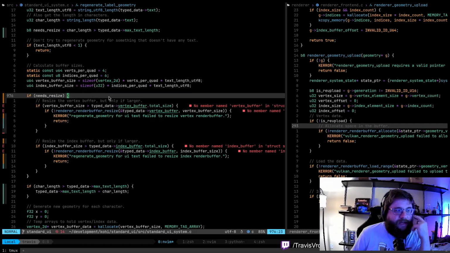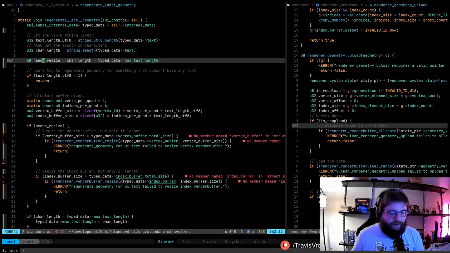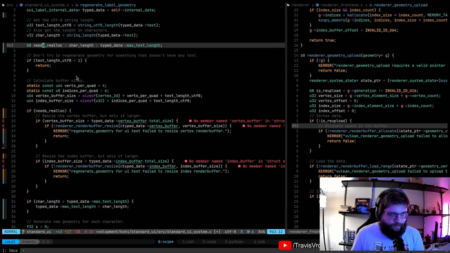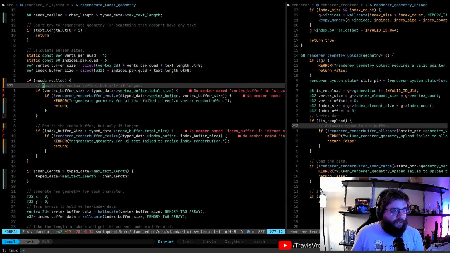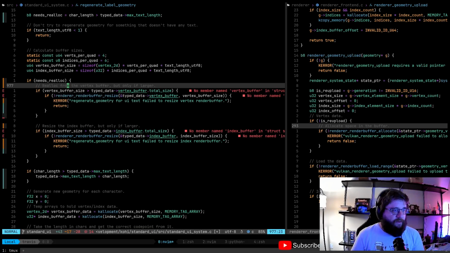All right, so here is basically our resize logic, right? So we say we need a resize, which technically I guess we're not resizing anymore. It's more of a realloc, right? So needs realloc is more accurate. So realloc from the vertex buffer.